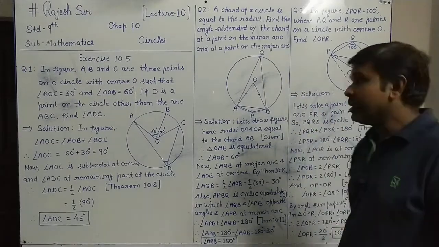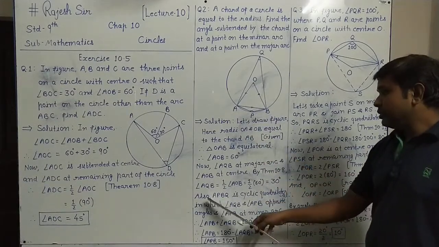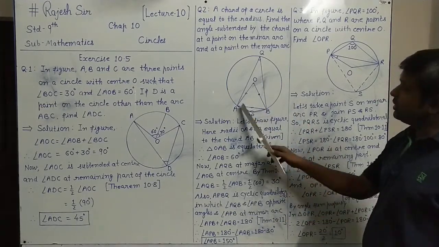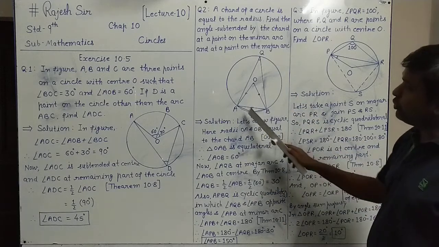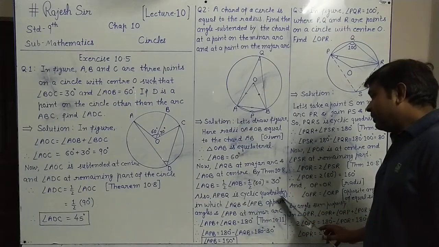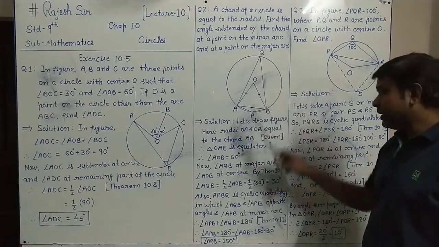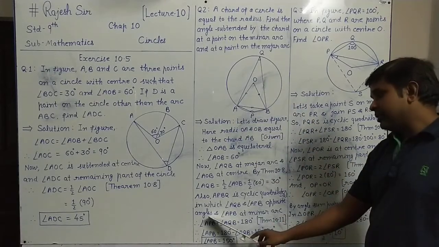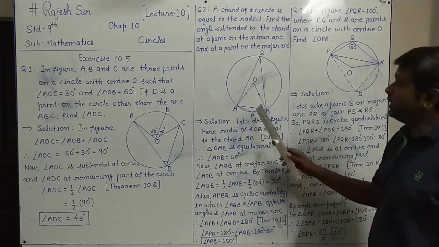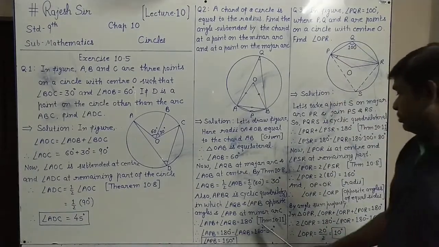We got one answer. For the second answer, we want the angle at the minor arc. For this, you see APBQ is a cyclic quadrilateral, because all four vertices are on the circle. In cyclic quadrilateral APBQ, angle APB and angle AQB are opposite angles, and angle APB is at the minor arc. In a cyclic quadrilateral, opposite angles are supplementary, that we have seen in theorem 10.11.